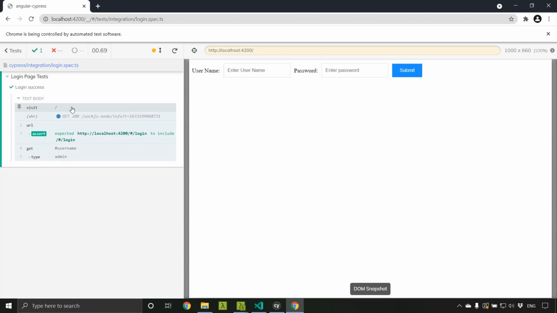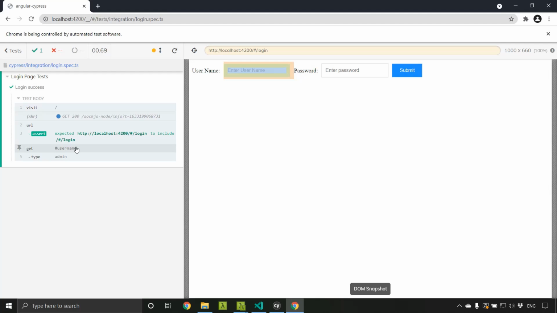Here one thing is that we can use time travel by just hovering over each of these commands. First, when I visited, you can see the URL is changing here to 4200 and all the fields were empty. After that the URL changed and the assertions succeeded.